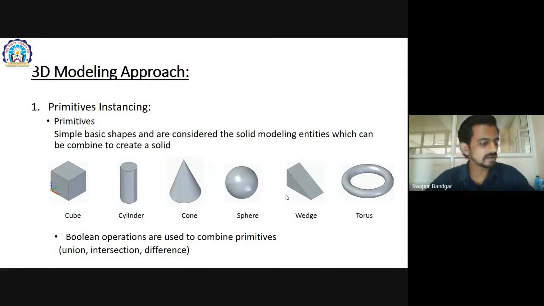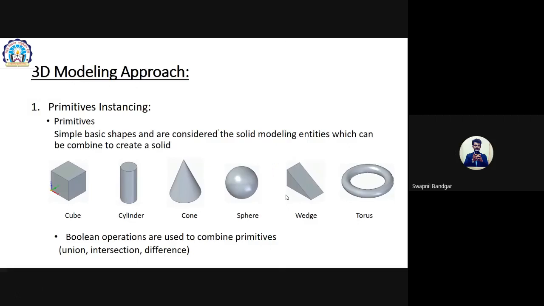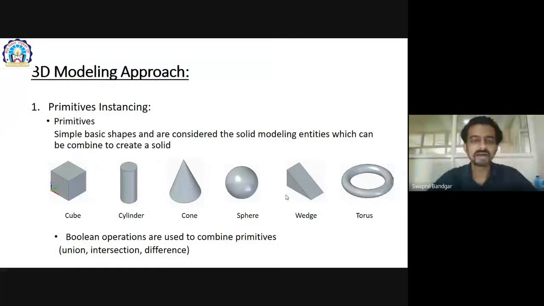I will enter the pitch, the diameter, and the outer diameter, meaning OD, and if I click, I will get a spring from that primitive. So the primitive is based on your applications.